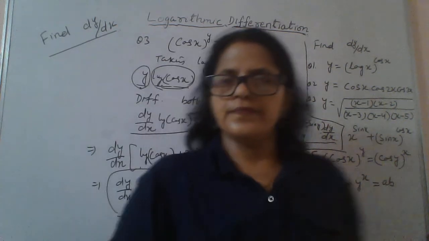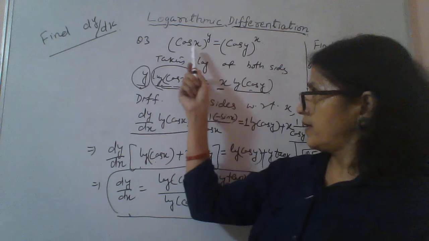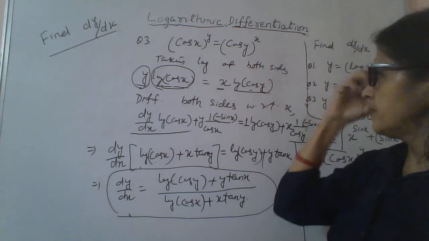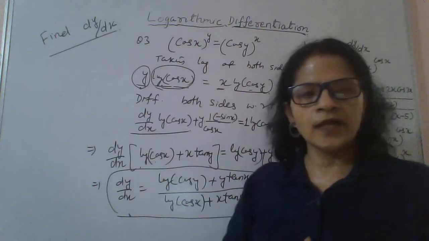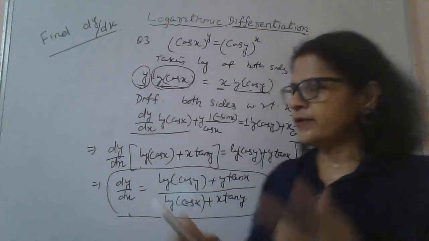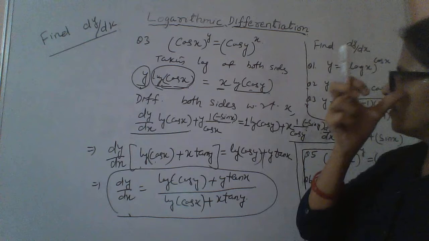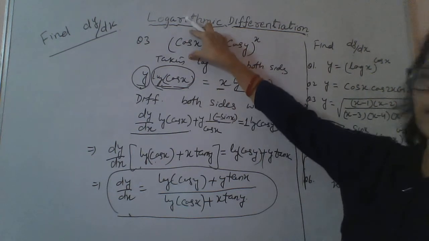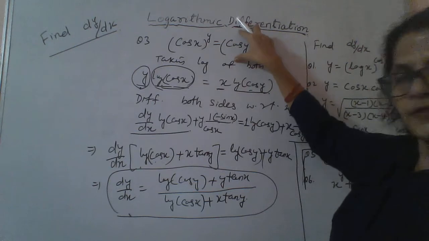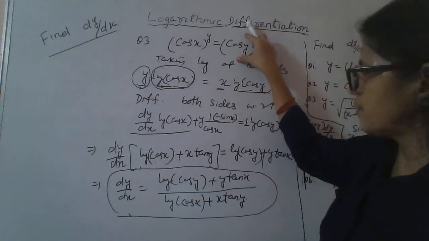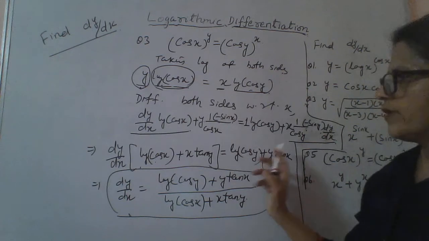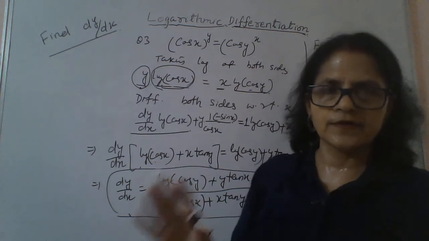So here, see, if you take dy by dx for this, then dy by dx for this, then equate both sides, it will be a bit lengthy. Okay, you will get the answer. But if you write it like this, it is f(x) power g(x) type. This is also a similar type. Take the logarithm of both sides and then solve for dy by dx the way you do in the case of an implicit function. Okay.